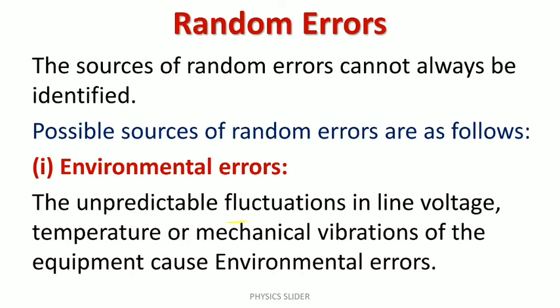Because there is a fluctuation in the line voltage, and for the experiment we need a constant voltage. All right, in specific conditions we will need a varying voltage, but in all the experiments generally there is no requirement of fluctuations in the voltage. So if there is a fluctuation in the voltage, there is a possibility of errors in your measurement or